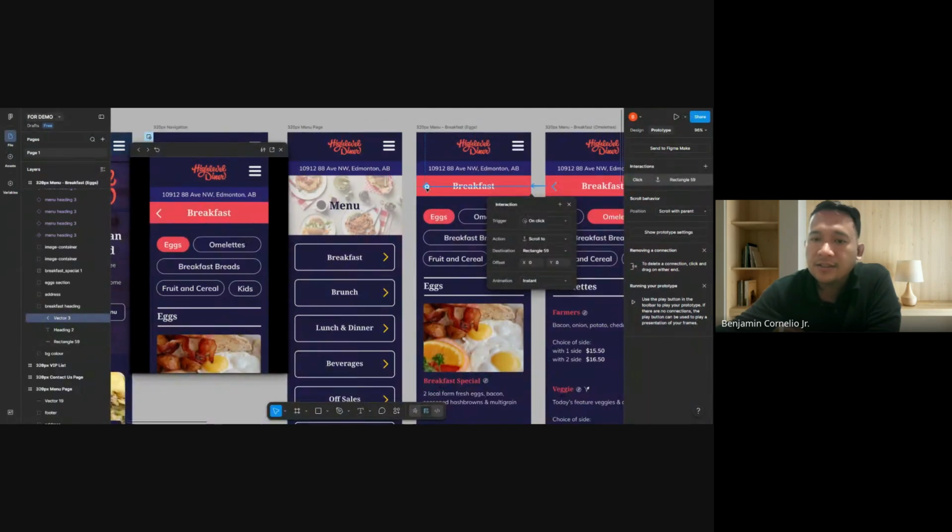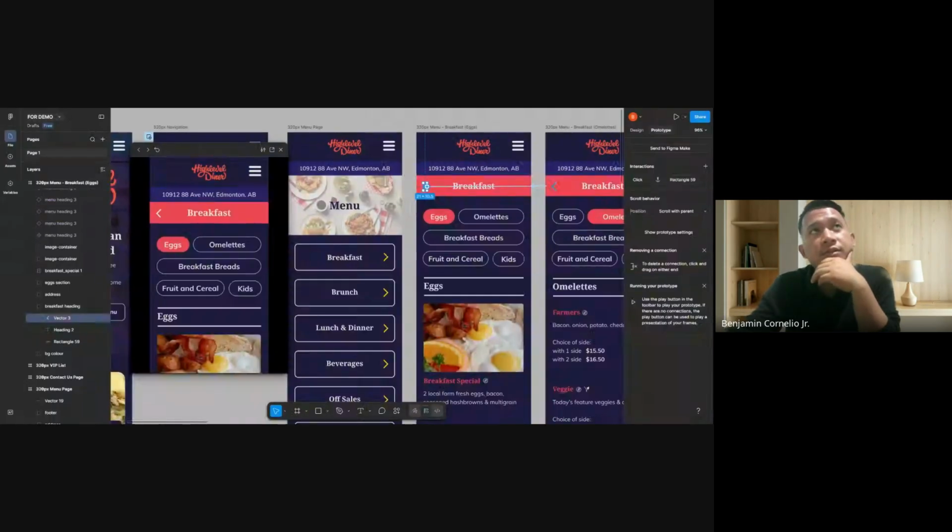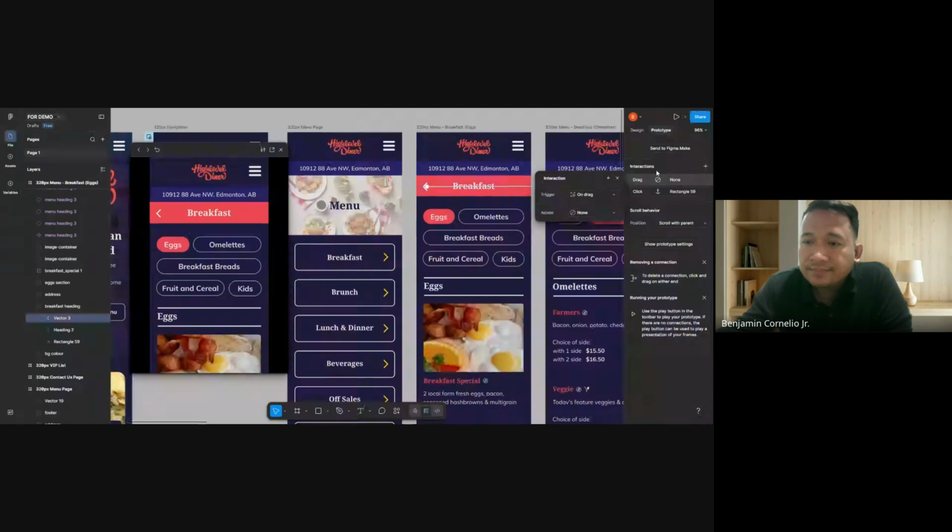You don't necessarily have to drag this one, because sometimes you are on a different page and then you open a different menu to link, and then once you press the menu or press the back button, it will have a conflict. So instead of dragging this, we can actually use interaction over here, and then we can click this one. The interaction default would be,